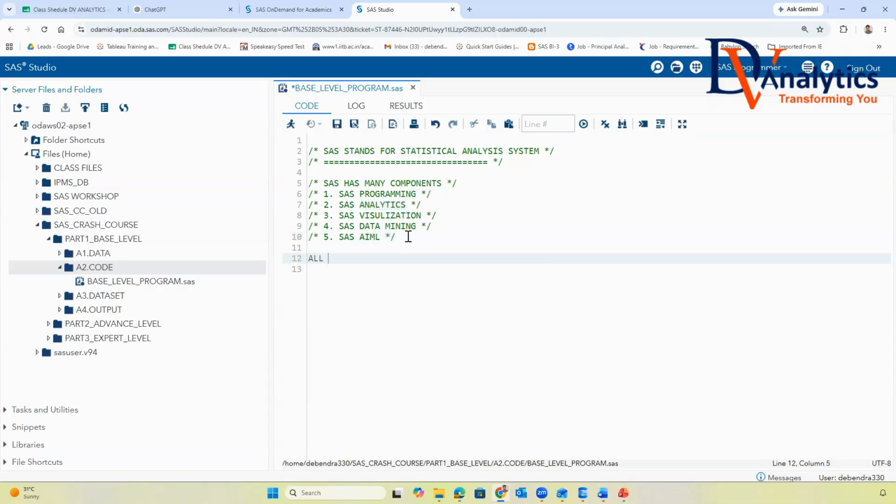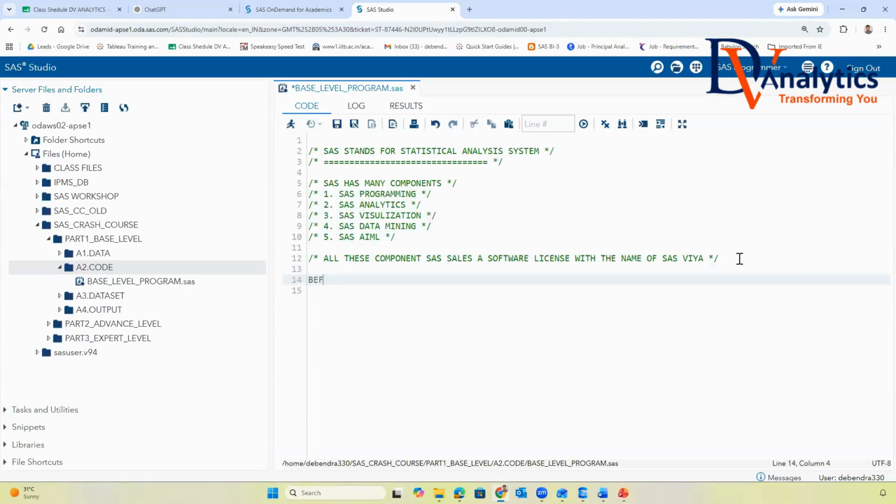Now, all these components, SAS sells as a software license with the name SAS Viya. If you have SAS Viya, you get every other component in SAS.